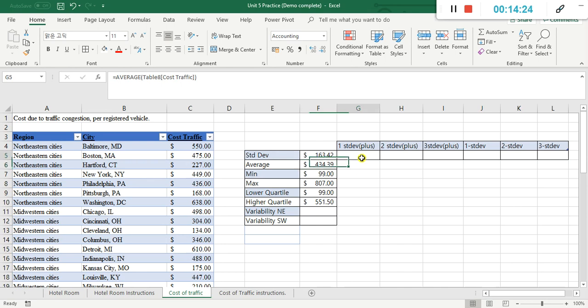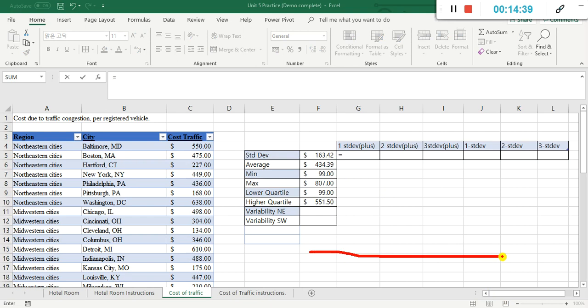For example, one standard deviation means, remember, we have the line, if the data is normally distributed. If it's skewed, you cannot do this. So if it's normally distributed,